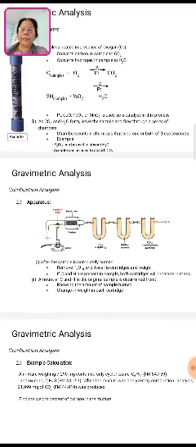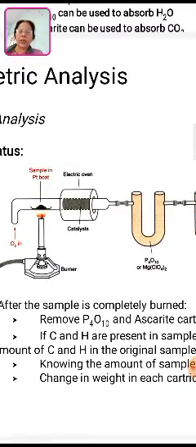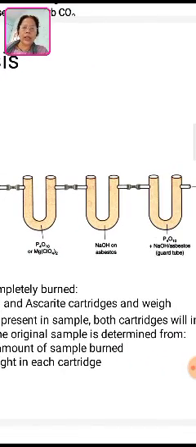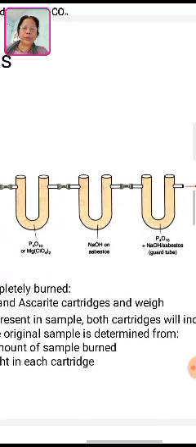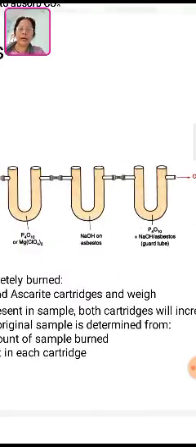The combustion apparatus: in this there is the sample in a platinum boat, oxygen which first of all enters, and the sample in a platinum boat, the burner which is heated, the electric oven and the catalyst which is used, the platinum, P4O10 and magnesium perchlorate. There is also NaOH on asbestos, another tube of P4O10, and an NaOH and asbestos guard tube, where the oxygen comes out, that is the outlet of oxygen.